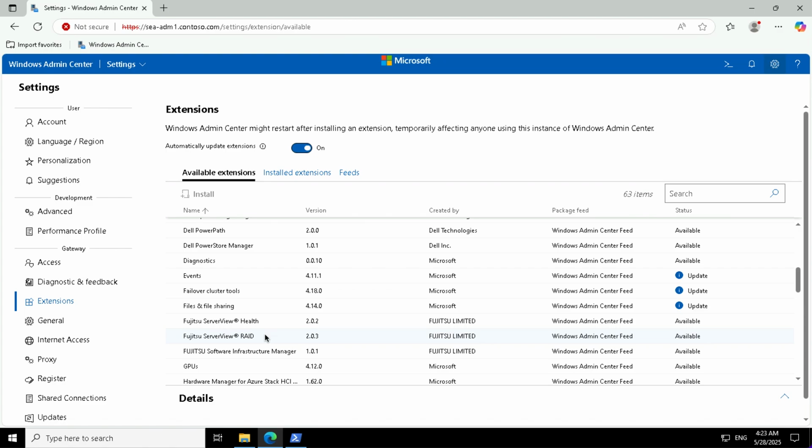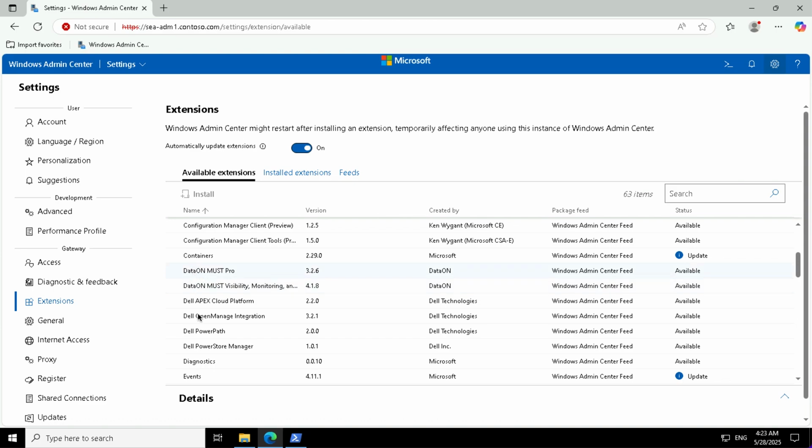Once it is installed, you see it is gone from this list. You can click on installed extensions to see that then. So here there is no DNS. Well, this is the one that I can use for the DNS management from the remote servers, or I must say the remote DNS servers I can manage through this extension. So I can connect to the DNS servers through this. Well, now that we have seen how we install an extension and extend the capability of this,